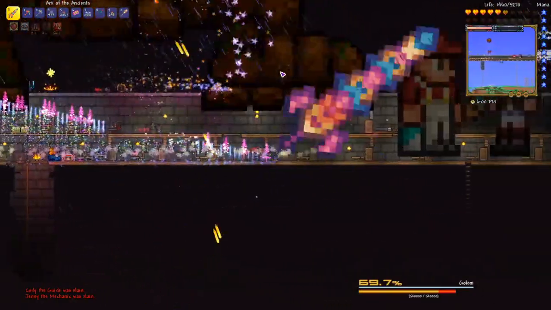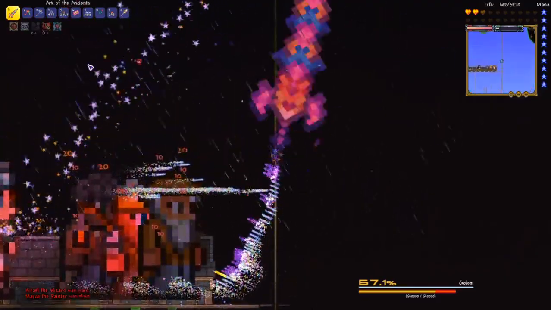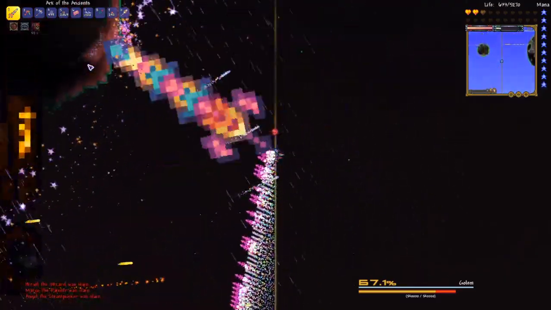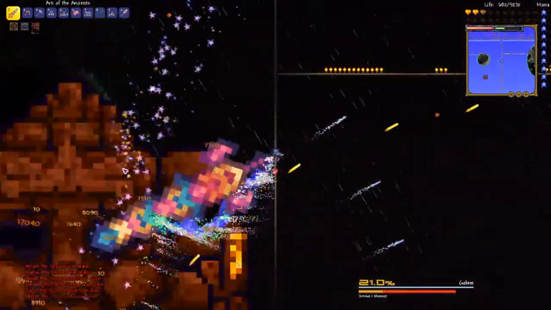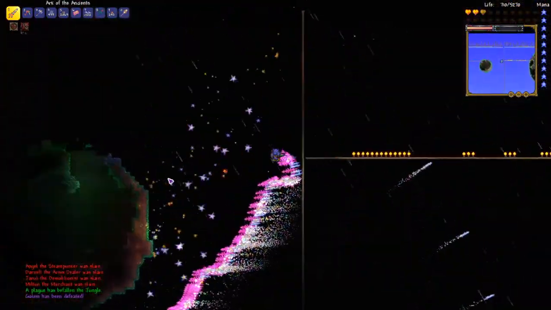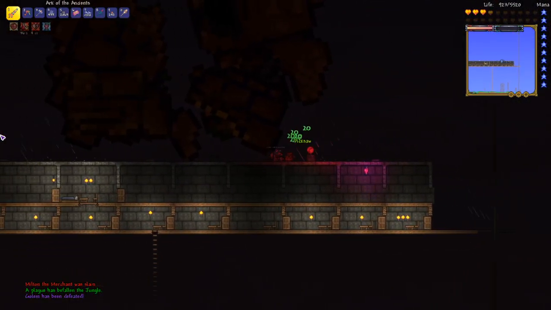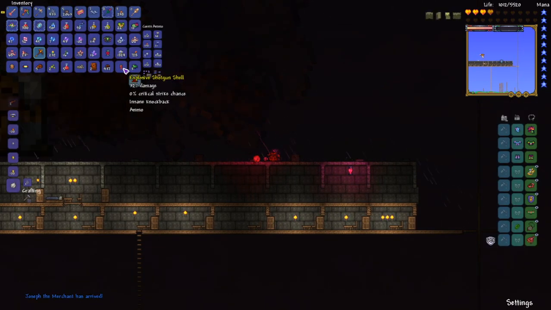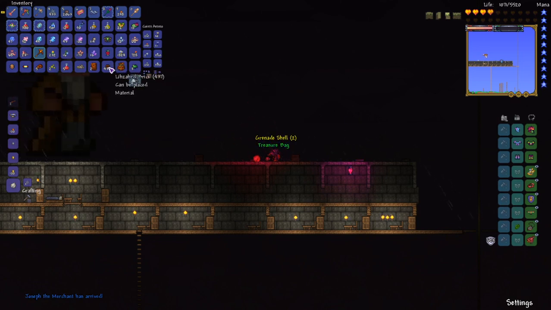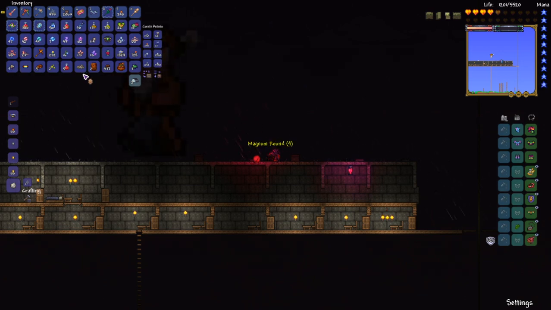Nurse? Where are you, nurse? Man, he is massive. Oh, we beat him though. We beat him, guys. He's gone. Alright. We can't check with the guide now because he's dead. But